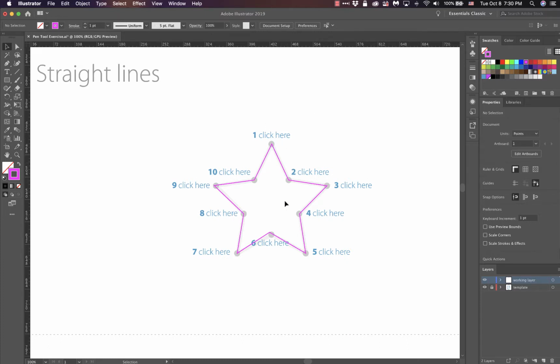So feel free to practice that as many times as you want. But we're going to move on. By the way, the hotkey for your pen tool is the letter P for pen. The selection tool, which is the black arrow, hotkey is V for victory. And if you want the white arrow, or the direct select tool, the hotkey for that is A. Okay, so I'm going to hit P for pen, and we're going to move on to the next